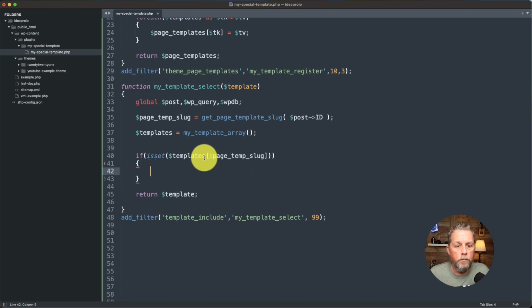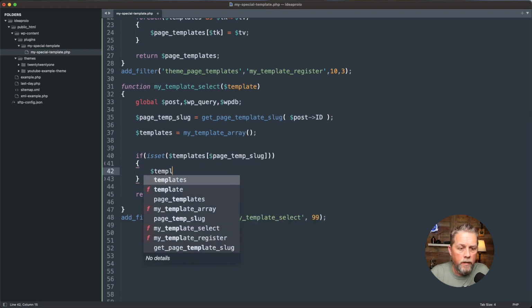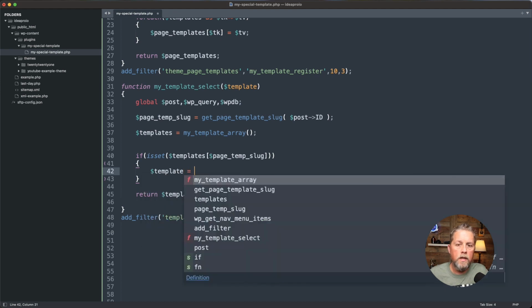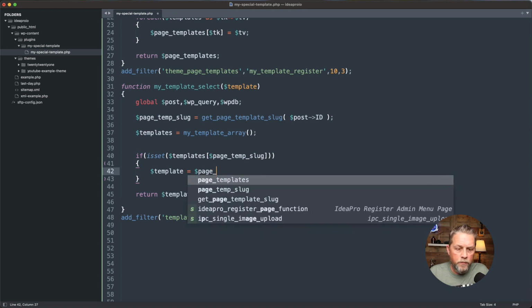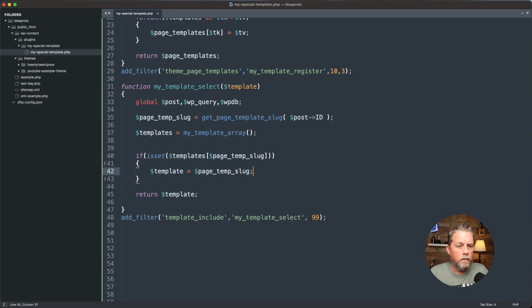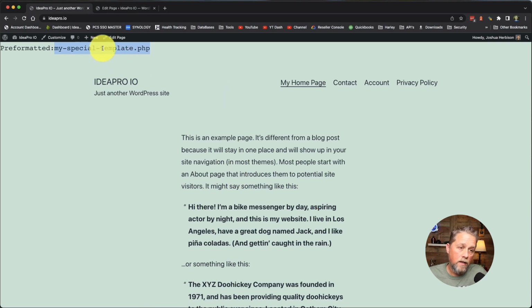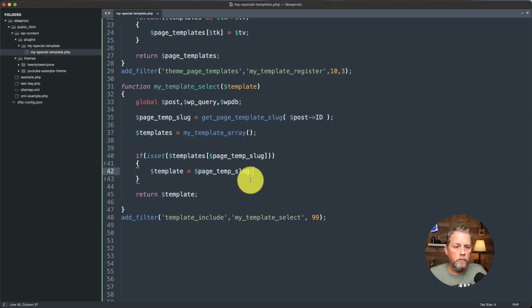So we're going to say template is equal to, and the reason why we're saying template is because we want to overwrite the current template being used. And so then we're going to say page temp slug. So if that's in there, we want to bring in my special template.php. If we save that and come over here and refresh,